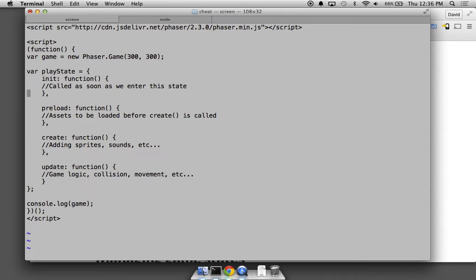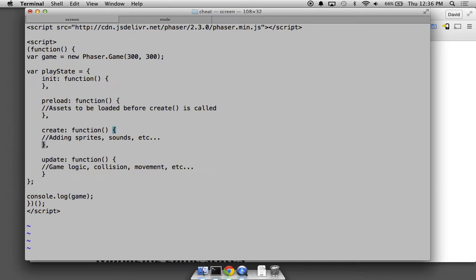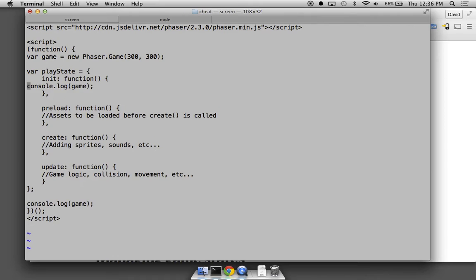So we have this play function. So this will be an initial function. And it has this init function. It's called as soon as we enter the state. All right. Let's take a look at that. Let's prove it to ourselves that that's the case. So when init runs,